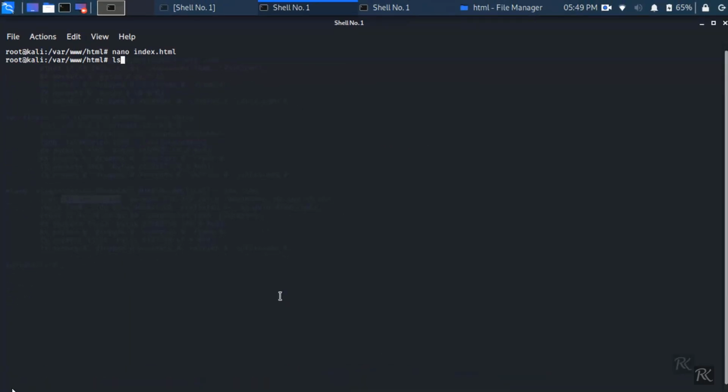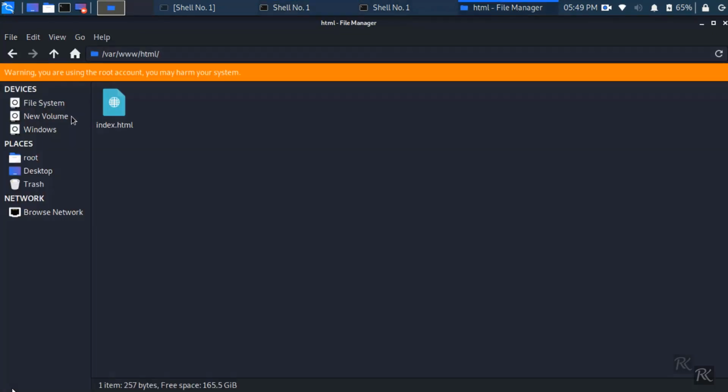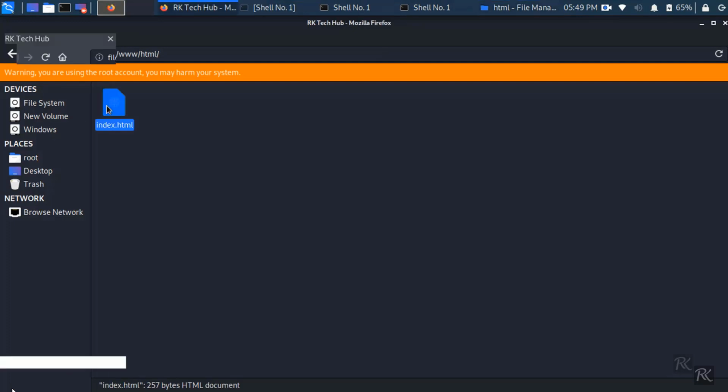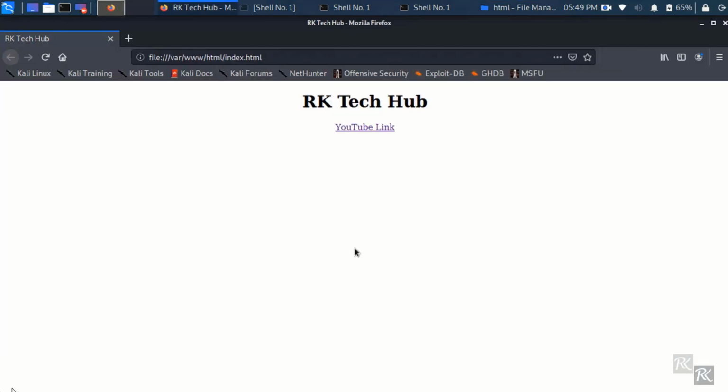Now we will list out all the files, and here you can see there is one index.html file created. We will open that file, and you can see the text which we have entered in our HTML page. You can see it on our web page now.